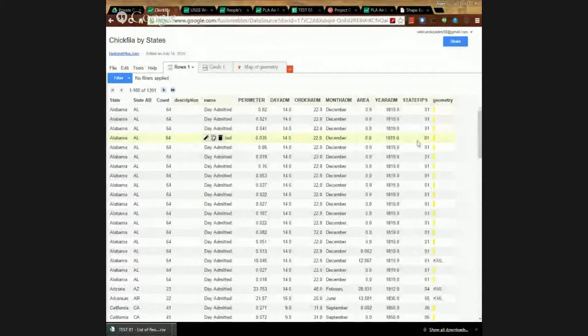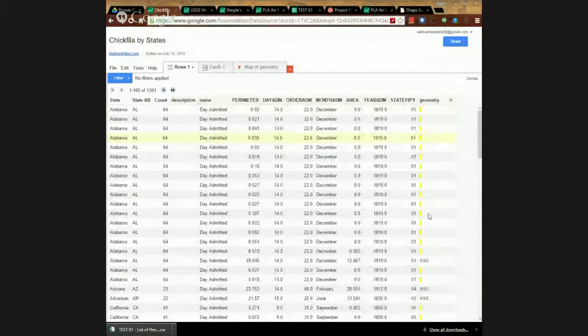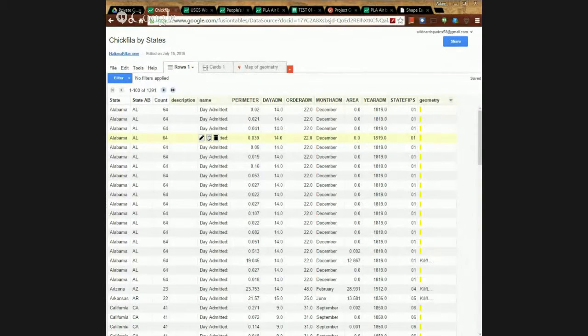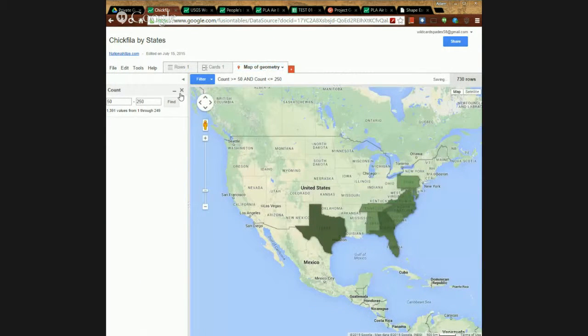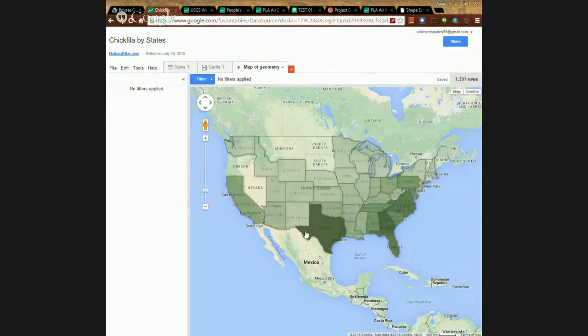What FusionTables allowed me to do is combine these two, where I could add the geometry from the states. It matched the columns by the state names, so the state names to the geometry names. As long as the Chick-fil-A addresses actually had the state name in them, and they all did, it would merge the geometries for the state boundaries. That allows me to do a couple things. It allows me to not only visualize all the Chick-fil-A's, all the state boundaries that have Chick-fil-A's in them,